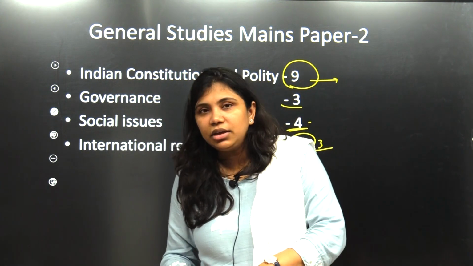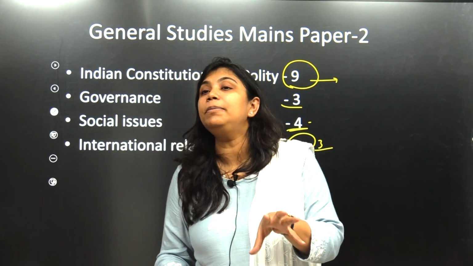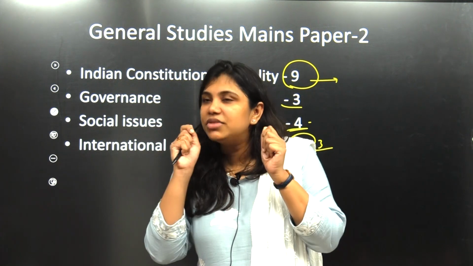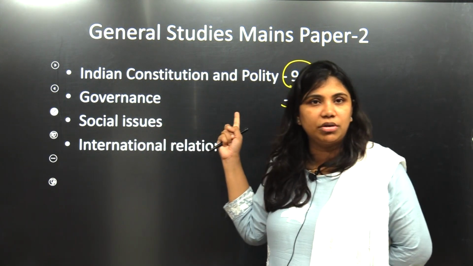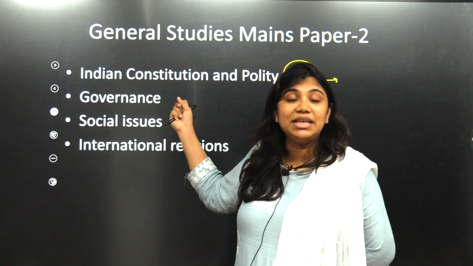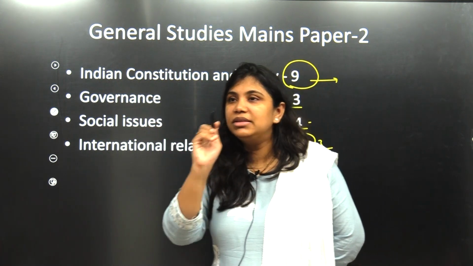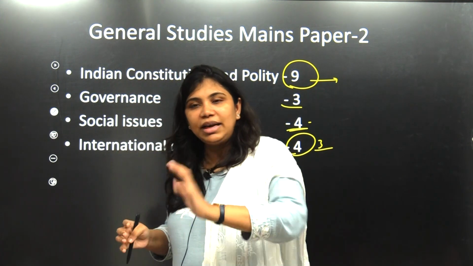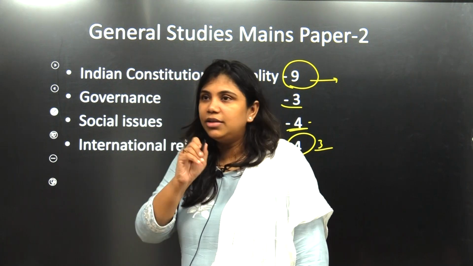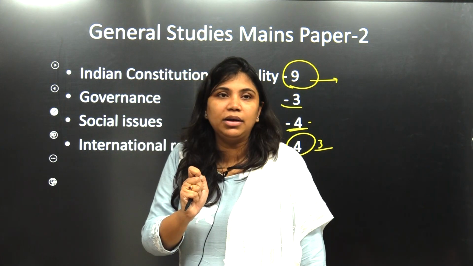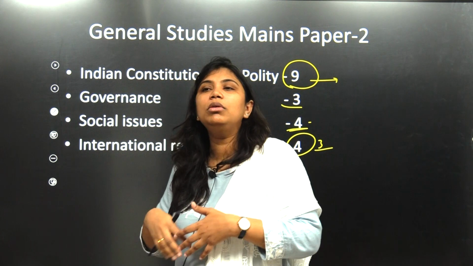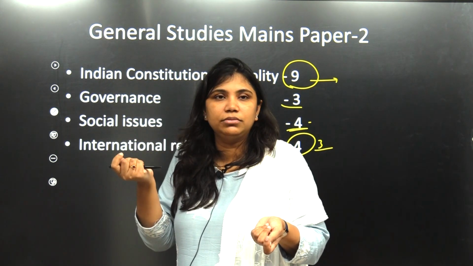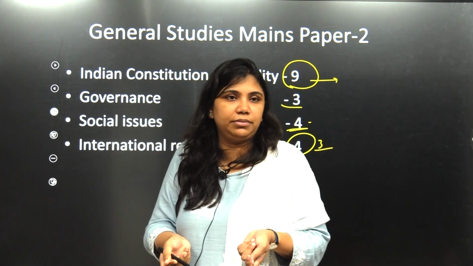But the problem with the Indian constitution and polity questions was that they were majorly difficult to write and interpret. We have to read a question very carefully, especially the one which I talked about right now, and there's another question on decentralization also. So divide such topics into parts as I said, and you should have a clear idea what you're going to write for the next 150 words. Even if it takes 30 seconds or 1 minute initially, next time the question will go faster, because I can give a clear instruction to my brain where to search, because I know where to search and what to write. Okay,